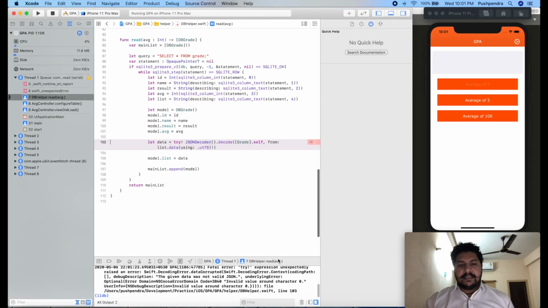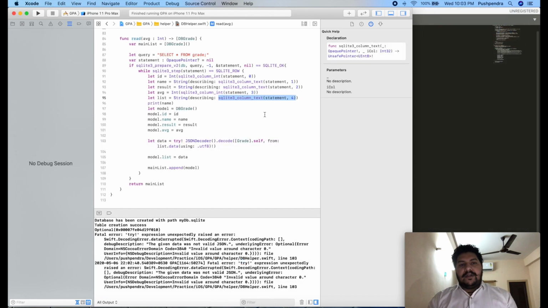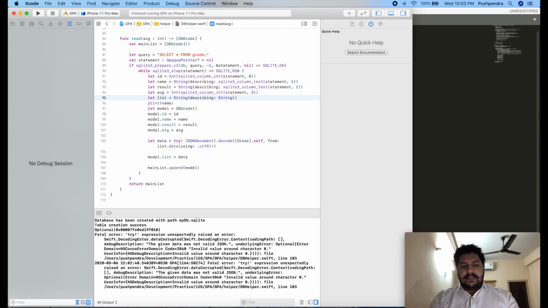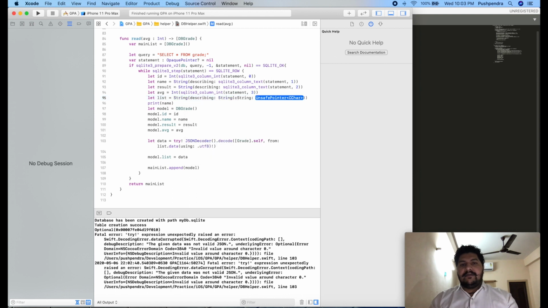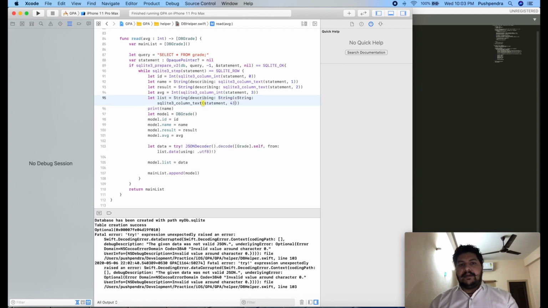avj type of data, it's giving an error. Actually here we have to do double parsing. One is String with describing, another is String with cString type. So String(cString:), and here we have to pass an unsafe pointer. So that is the complete parsing for integer type data and for string type data.